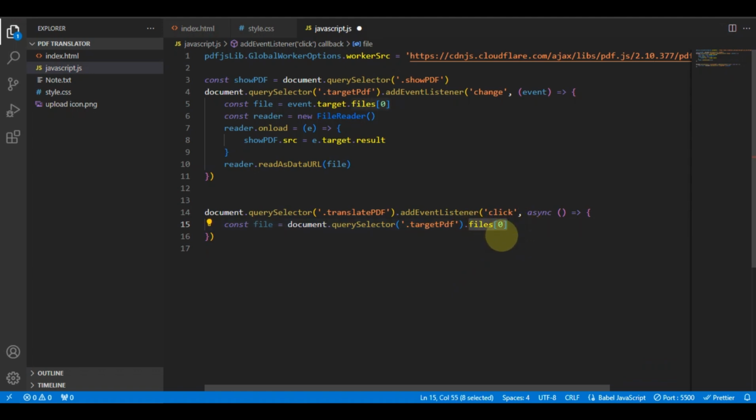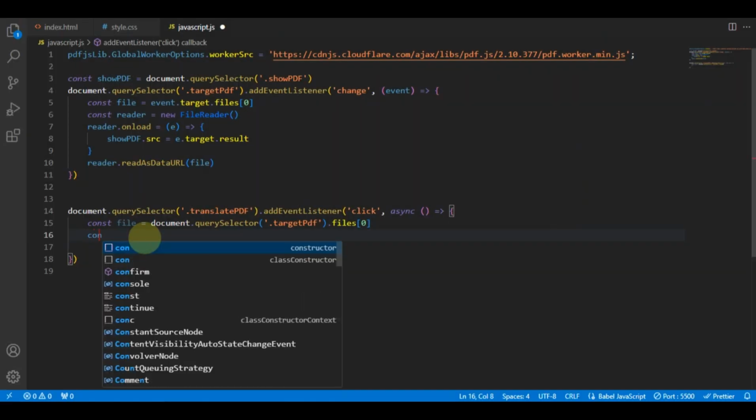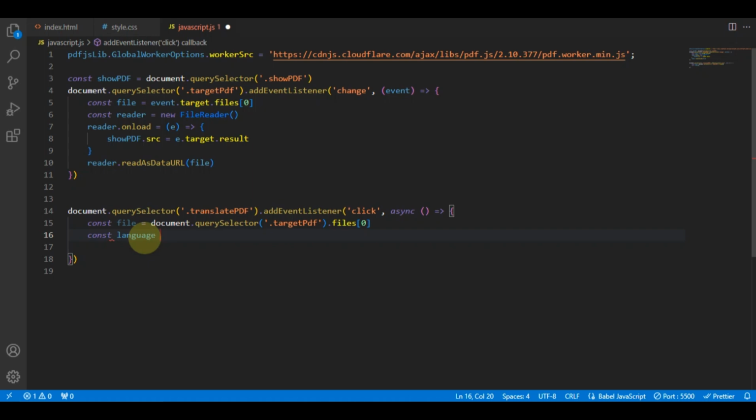For example, if the user selects many files, then we don't need to translate all the PDF files. We want only one file. So for that, I just entered index number 0 here. That means we will take only the first file, and then make another constant variable. This is for language,